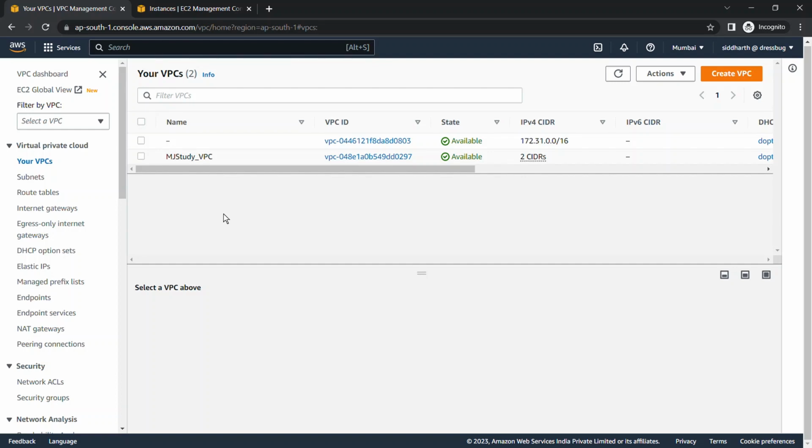We created VPC, subnets, route tables, internet gateway, and now we are going to create a NAT gateway. So how can we create a NAT Gateway? What is a NAT Gateway? First, a NAT Gateway is a gateway by which we can give internet access to our